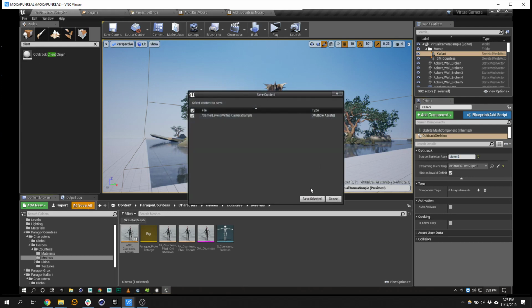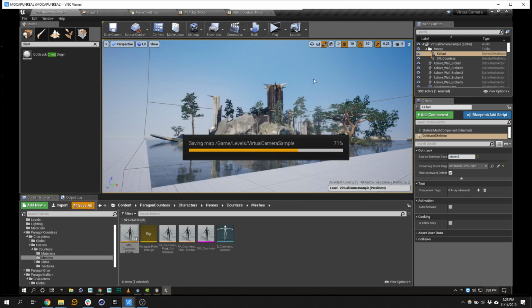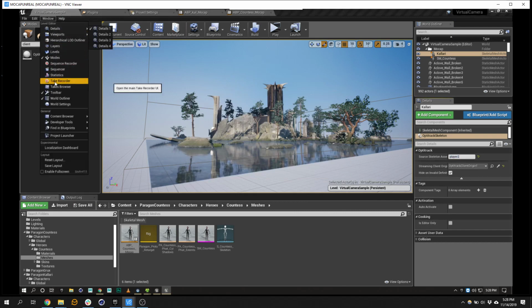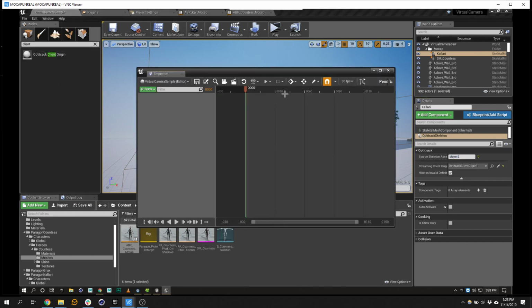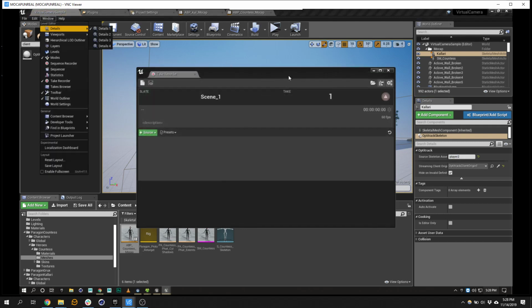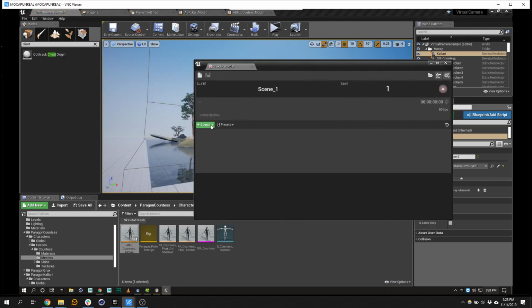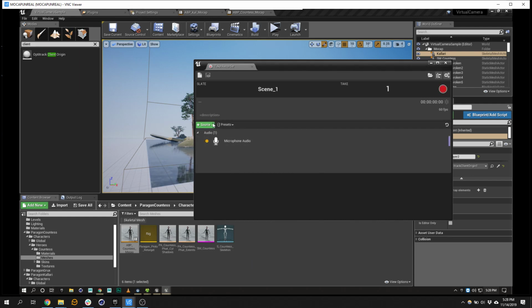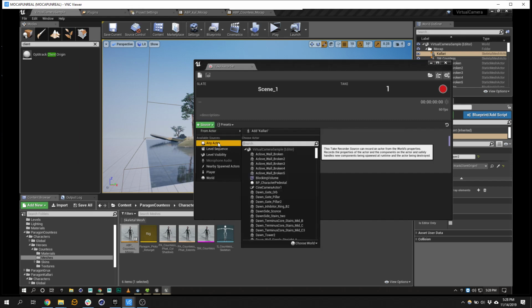The only other thing I need to do now is set up my take recorder so that I can use the iPad. This window right here is called the take recorder. Sorry, that is the take recorder right there. In here, I need to say which items I'm recording. I'm only recording two objects and a camera, probably audio too. So I'll say bring in a microphone, audio, and then bring in